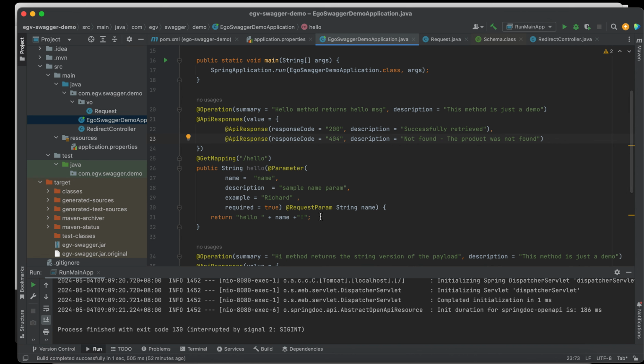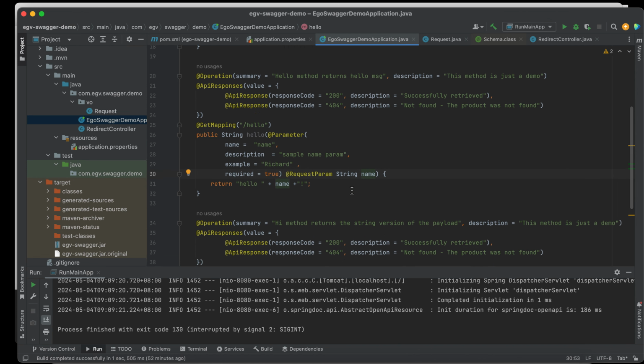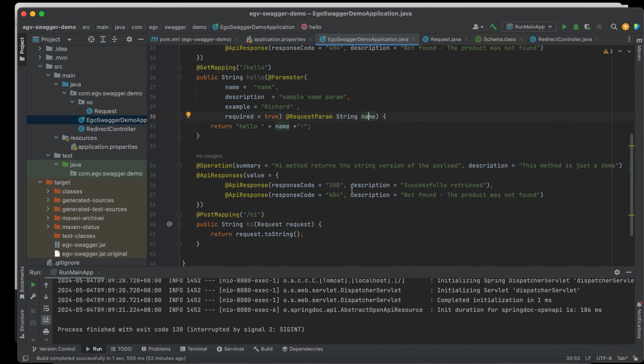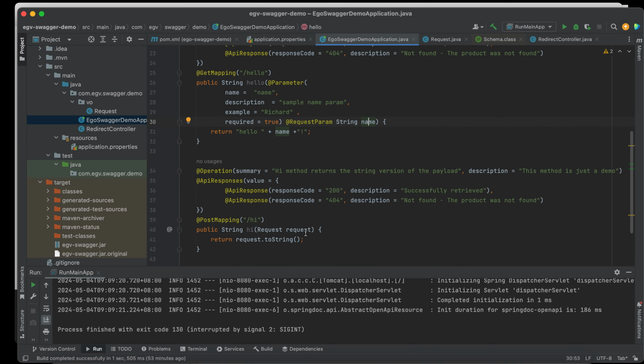Then we also have another Swagger annotation, which is @Parameter, to describe our parameter. In this case, we have a parameter called name, so we specify the name, the description, and the example value of this parameter. Another important Swagger annotation is @Schema.